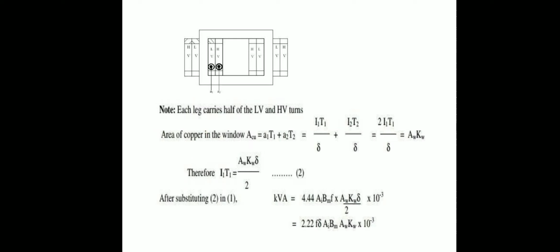Now let us see the position of winding. We have also discussed this concept initially. You can once again see the position of winding. LV winding is just near to the core, and after the LV winding is done, we have insulations, and then after that, HV winding.